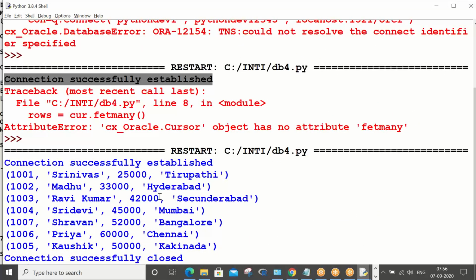Great. So basically, if you see, connection is successfully established, data we have fetched, and then we have successfully closed the connection. So this is how you have to practice. You have to ensure establishing the connection properly, because you don't know what's happening on the other side of the database, right? Imagine you are trying to do some modifications to the database which is in the US, and you are sitting in Hyderabad. If you are trying to edit some operations, you should get the acknowledgements at the end of the day, right? So that's how these prints help us a lot in getting the acknowledgements.